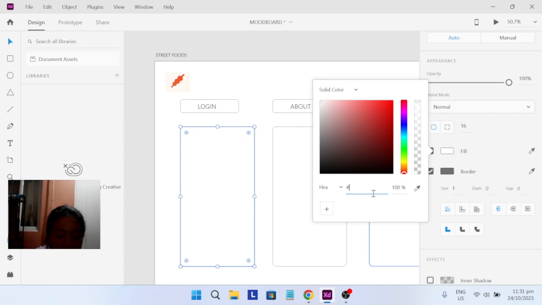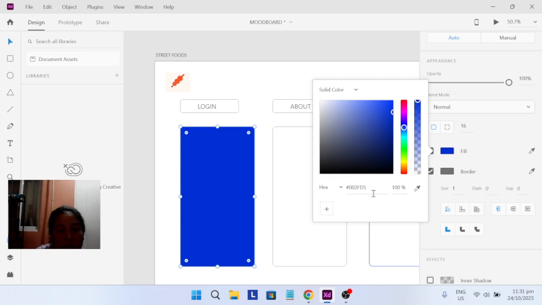Then let's make it something dark. Yes, that's it.